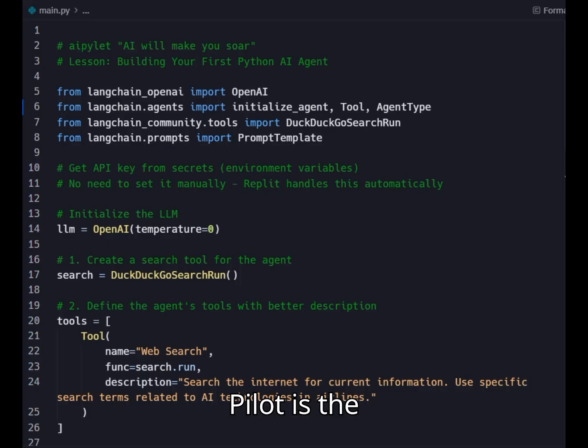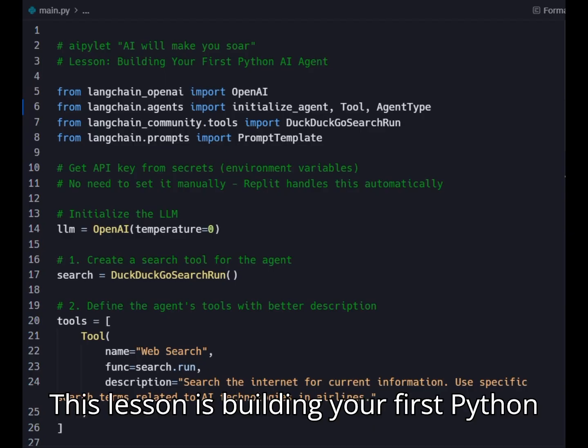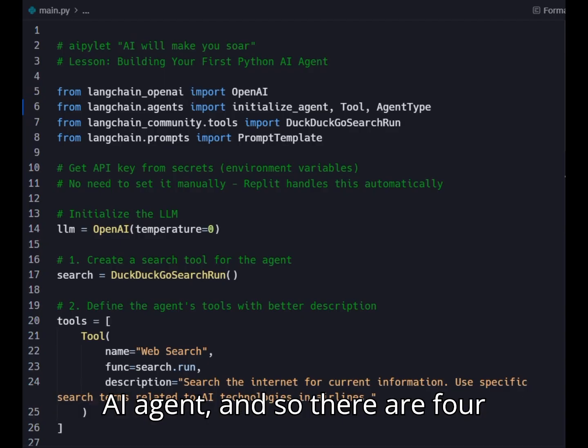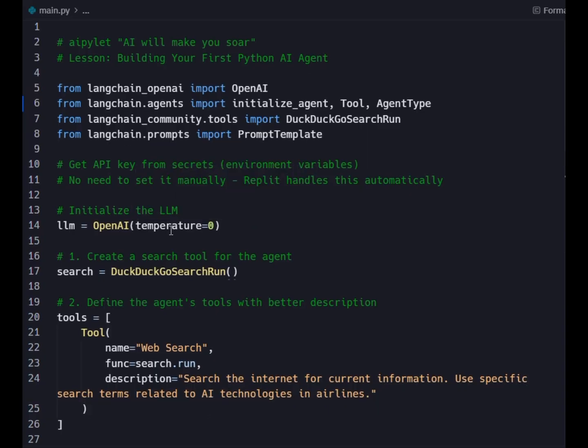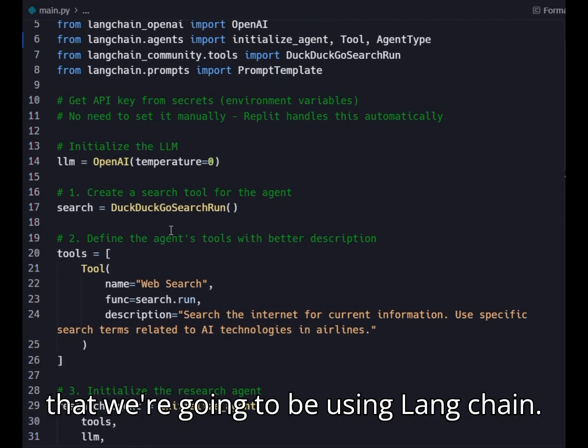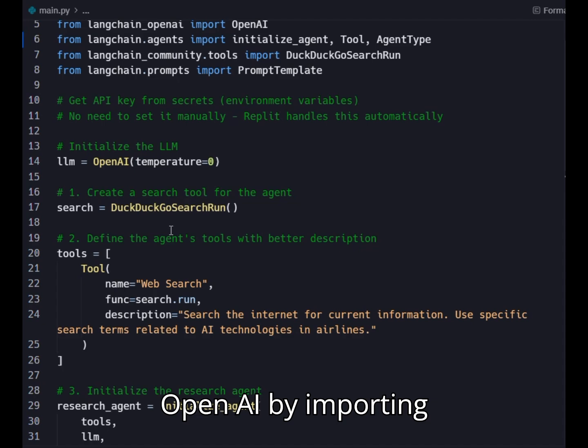Aipylet is the hashtag, and we want AI to help us soar. This lesson is building your first Python AI agent, and so there are 4 dependencies that we need to look at, lines 5 through 8, which show us that we're going to be using LangChain OpenAI by importing OpenAI. We'll use